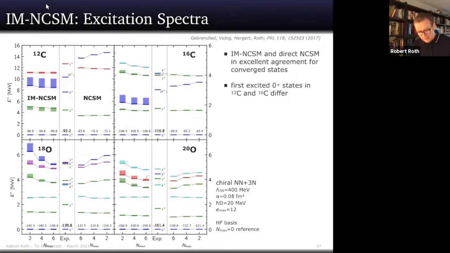And in the NCSM, this state doesn't even show up because it's up here. Oh, no, it's up here. Sorry, that's the one. So you see tricky states, which are tricky because of their structure, remain tricky in the in-medium NCSM, because in the end it uses the same underlying basis. So you don't really have much of a gain in terms of describing cluster structures, for example.